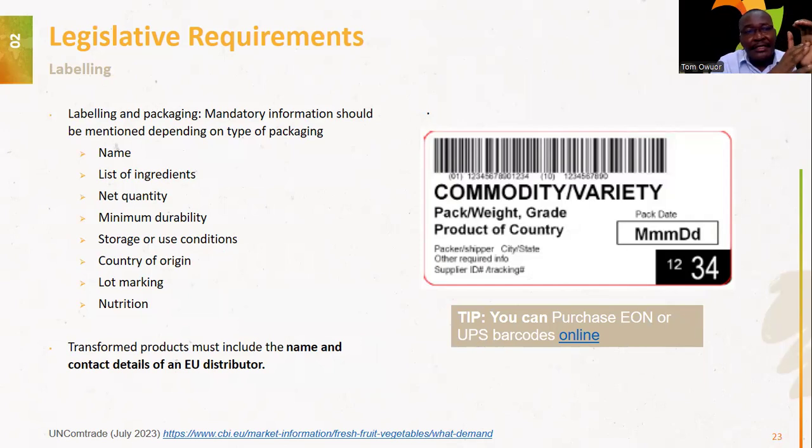Labeling is mandatory, and it must also adhere to the international standard. For those of us, I think my colleague from Tanzania, Johannes, is into cashew nuts. I am not so sure of the kind of packaging that you use, but when it comes to packaging, there are certain regulations that we need to adhere to. Like for instance, this one shows the brand, and of course, at the back, we have the ingredients for the various products that we talk about. This is about cashew nut, but this is a Kenyan commodity.